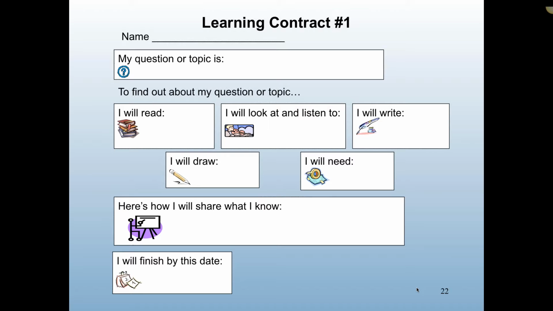And this means we've got to have ready for them a supply of different kinds of materials to read at different levels, maybe a couple of different videos or tapes, what we want them to write, okay? What we want them to draw. What are they going to need to get this done? And this is a good thing to ask kids to do, okay?